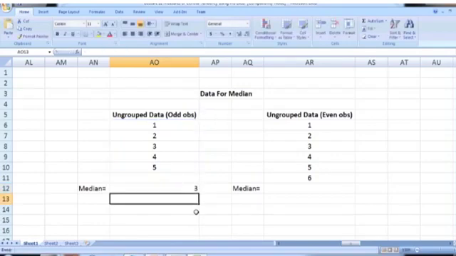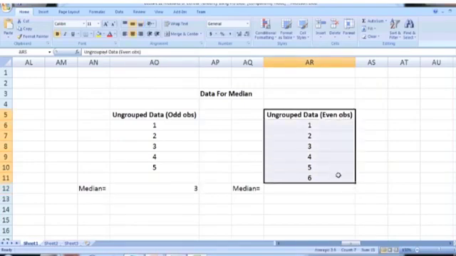Here we have the median, which is 3. Now let us consider another example where we have an even number of observations. Currently we have 1, 2, 3 up to 6, so we have 6 numbers, which means the number of observations is now even. We are interested in calculating the median.